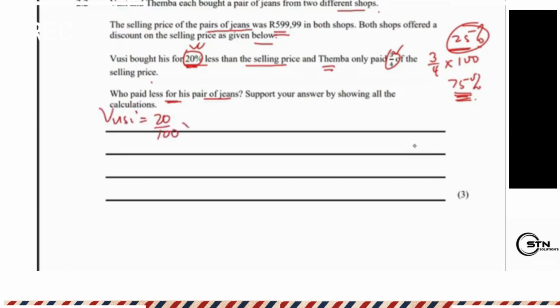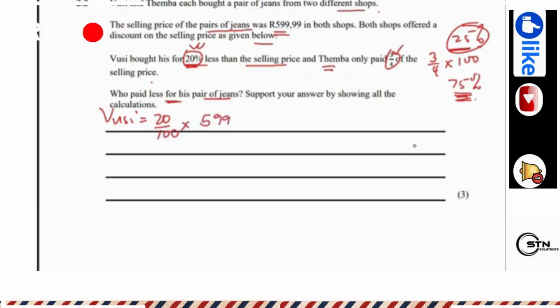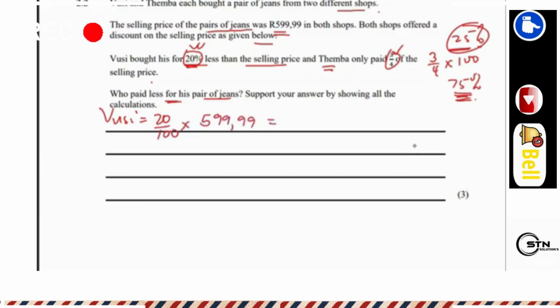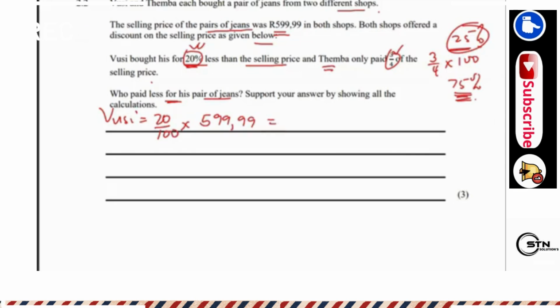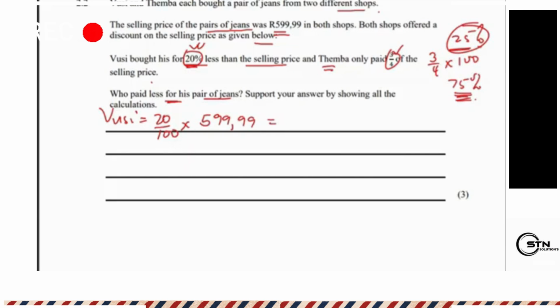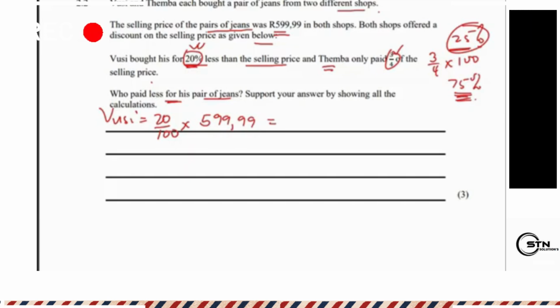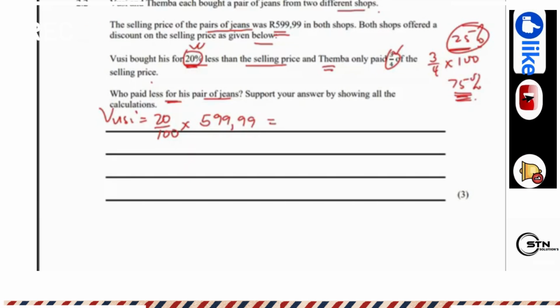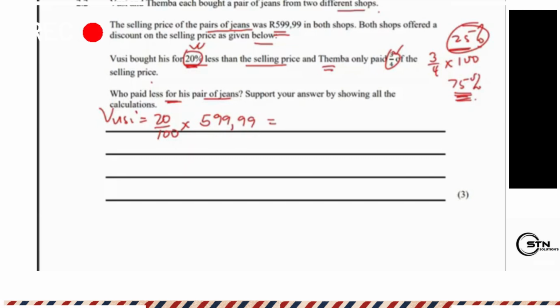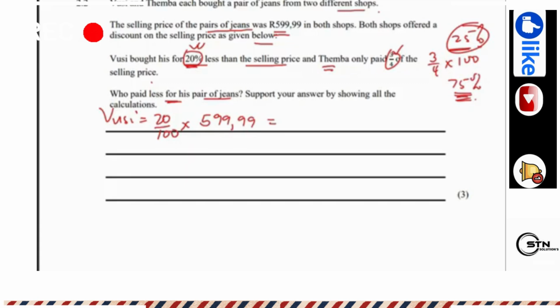20 over 100, times 599.99. Please, please, please do not make 599.99 to be 600. It's not, because it's one trick that learners get wrong by saying, no, this is going to be 600. And as much as, yes, when you go to the shop, you cannot pay this much because we don't have 1 cent and 2 cents. So when I punch this into the calculator, I'm getting 119,